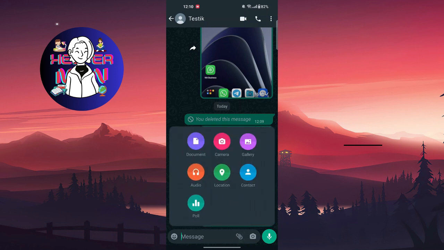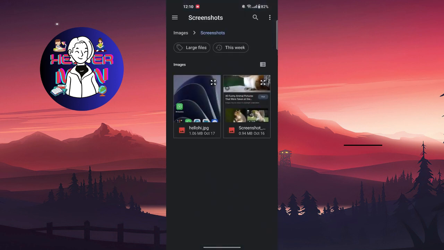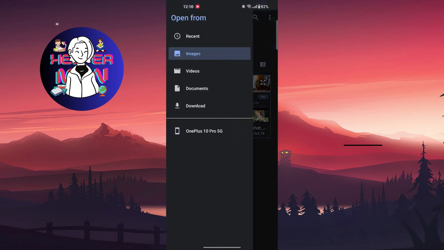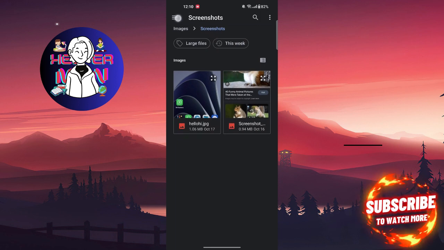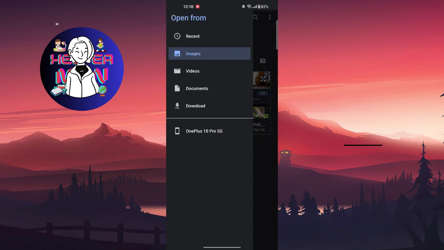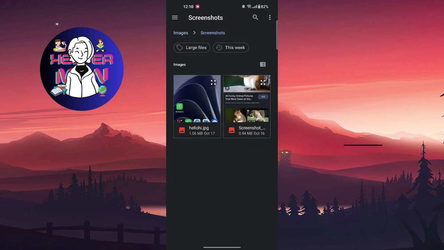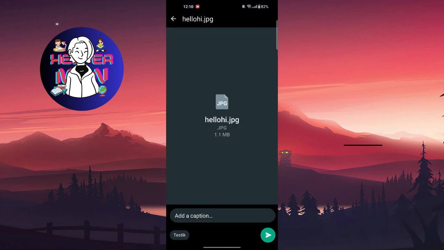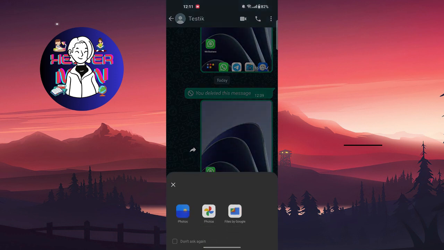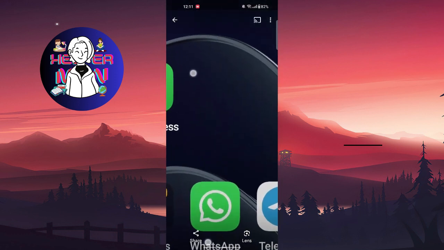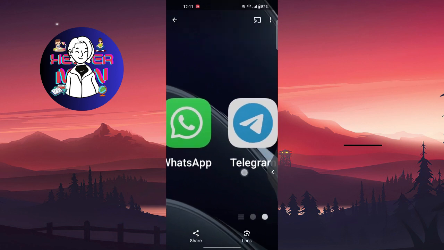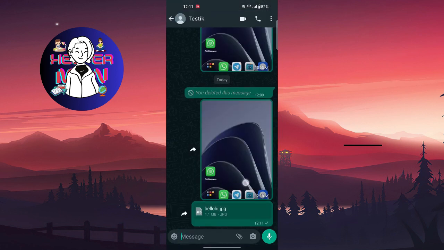You can just send, instead of going to gallery and camera, go to document and choose these three things at the left top corner and go to images, find screenshots or camera, choose some image you want to send and send it. As you can see, the quality is much better if you send it that way,